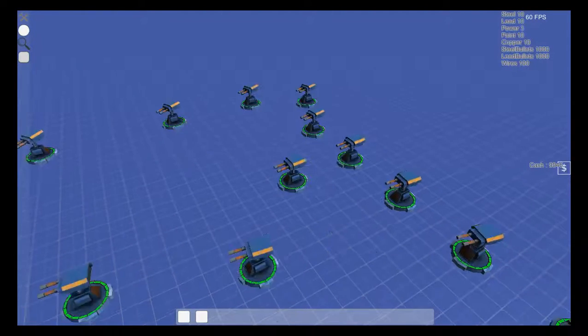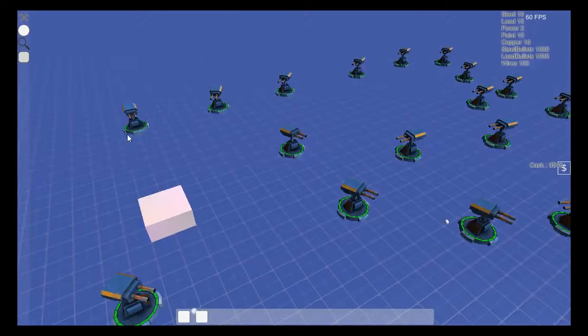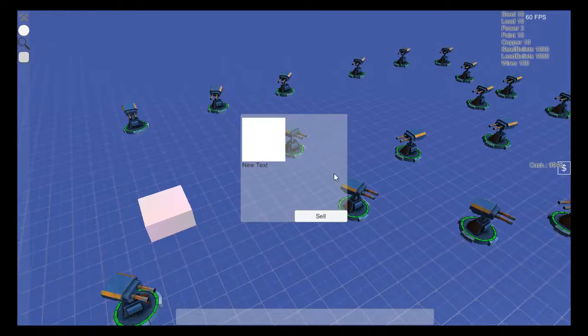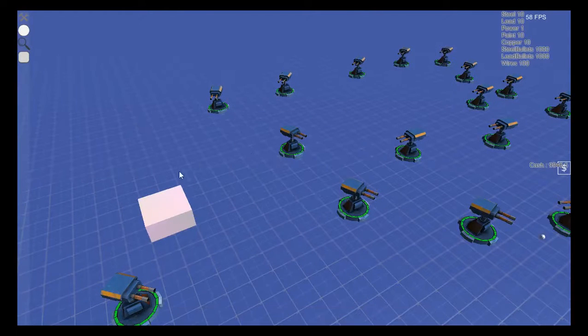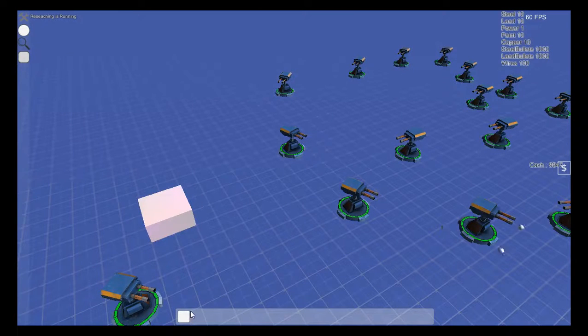so we can integrate power, buying, and all that stuff in there, because we actually have an upgrade button, okay, which is kind of blank right now, which I haven't written the logic for yet, but it's there. You can sell turrets, and we have our research and our shopping,